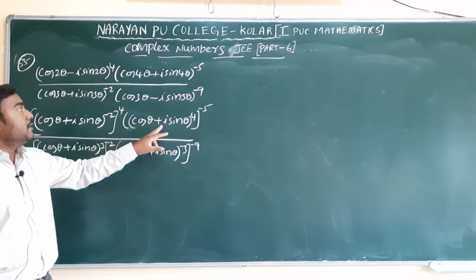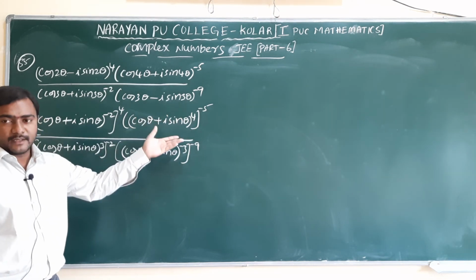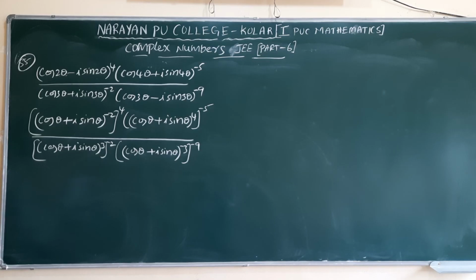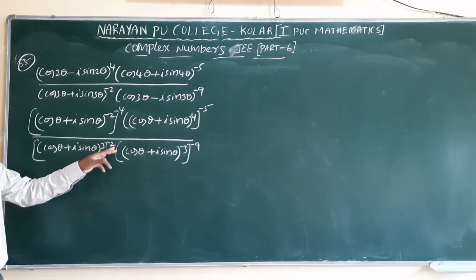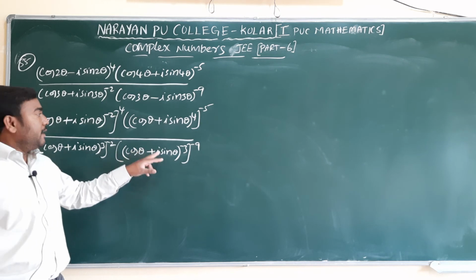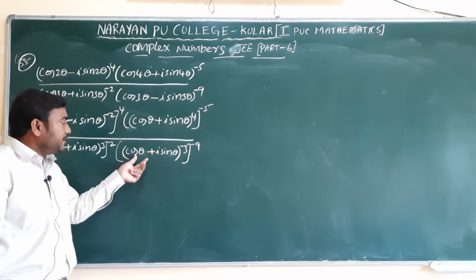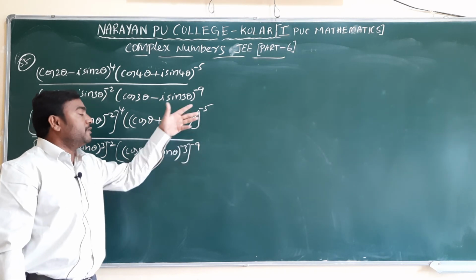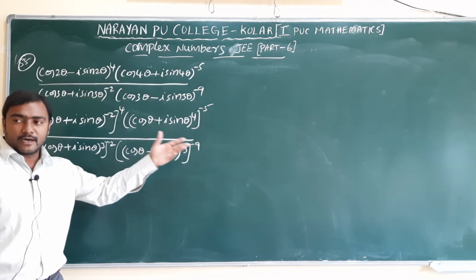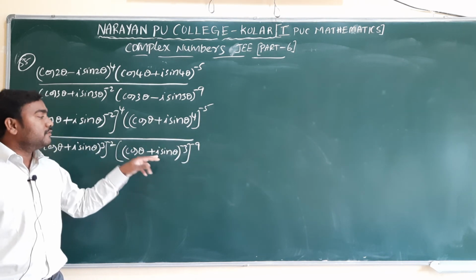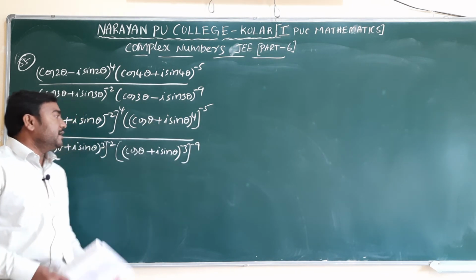But here also the same thing. So (cos theta + i sin theta)^4, because cos of minus theta is equal to cos theta only, we can directly apply it here. So (cos theta + i sin theta)^3 whole power minus 2. Again here we take common minus 3, so (cos theta + i sin theta)^-3 whole power minus 9. So cos of minus 3 theta we get only cos 3 theta, and sin of minus theta we get minus sin theta.